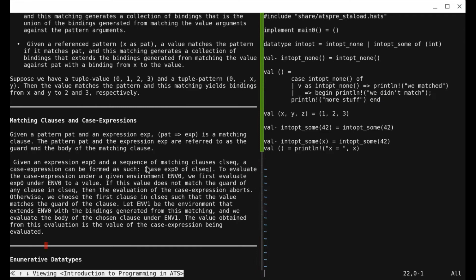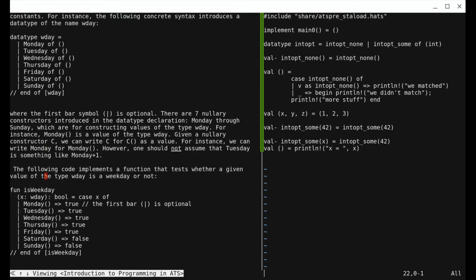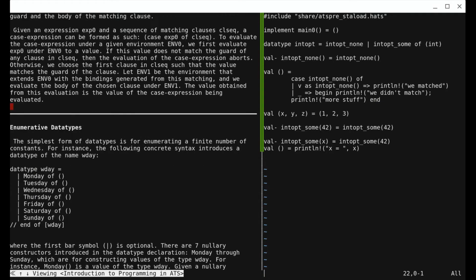All right, and this is all pretty simple stuff. Now we get to enumerative types. The simplest use of data types, rather than having two constructors and having one of them take something, is that you can just have a sequence of a bunch of constructors that all take nothing. So null array types here. For the weekday type, we have Monday, Tuesday, Wednesday,